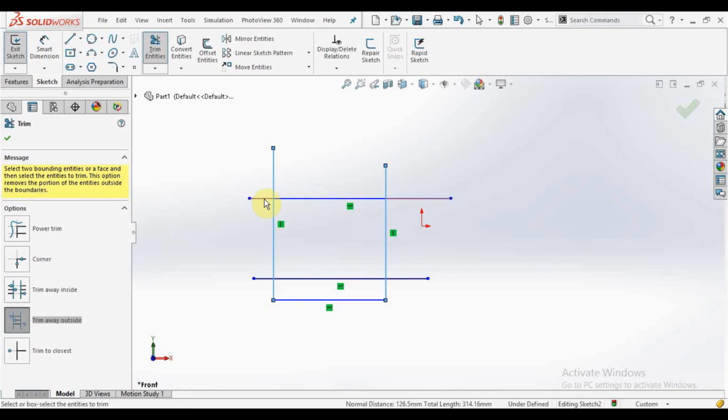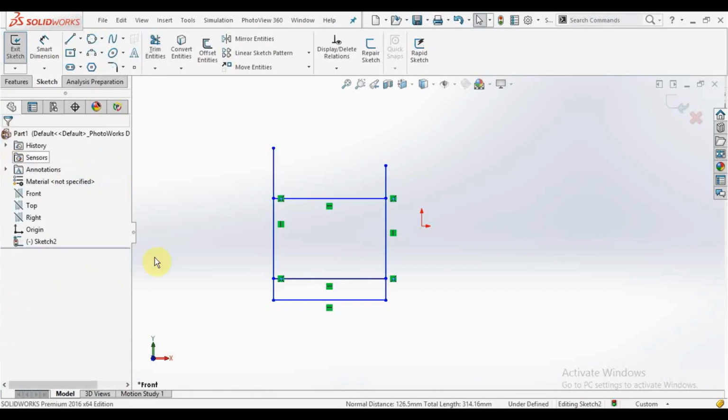Simply click on it and it will remove the lines outside of these two lines. Okay, so this is trim away outside.